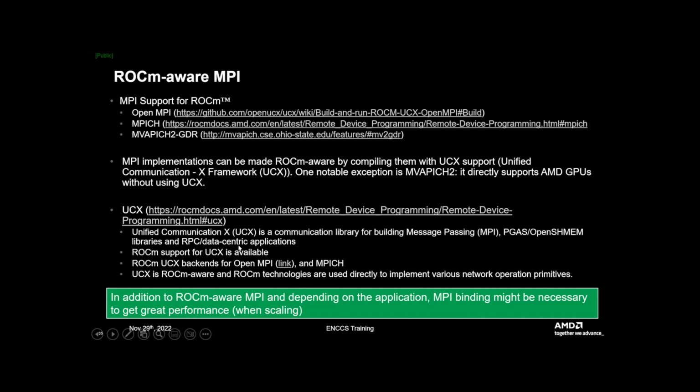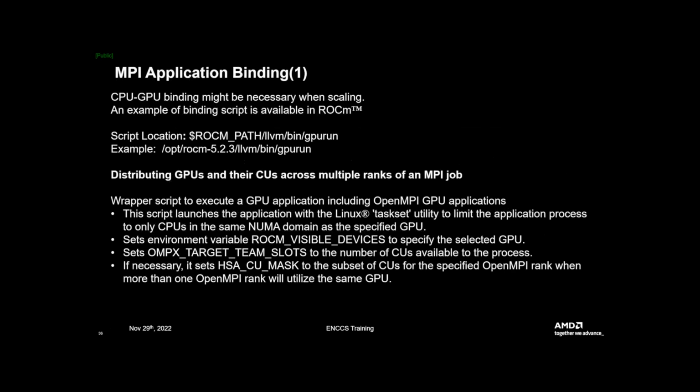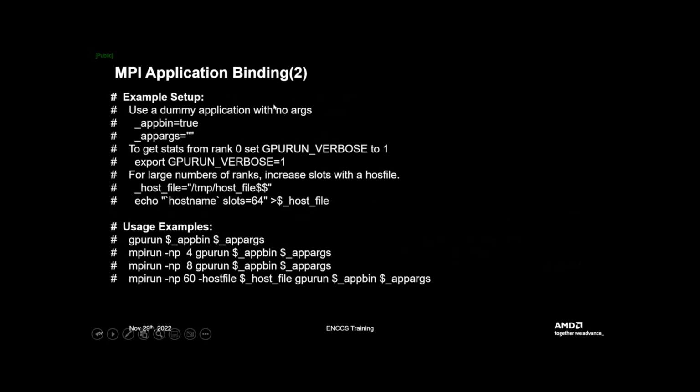So when you are doing a performance investigation, or running an application at large scale, make sure that you have an MPI that is ROCm aware. That is really important. Now, in addition to ROCm aware MPI, and depending on the application, as I said, MPI binding might be necessary to get great performance when scaling. So here is an example of binding that is available